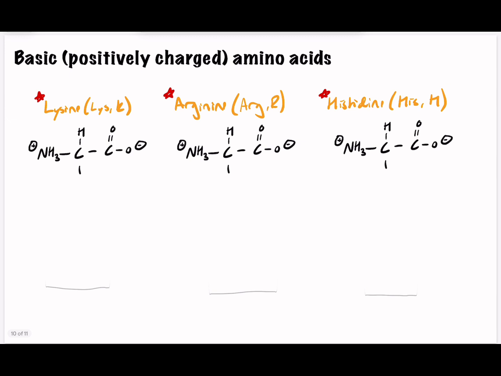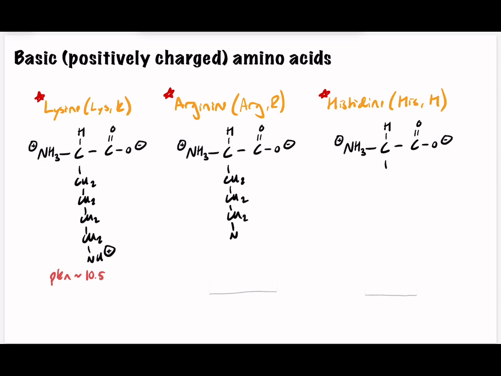Now, finally, we're moving on to the basic or the positively charged amino acids at physiological pH. So first we have lysine, which has a three-letter code LYS, the one-letter code K, and it has four CH2s connected to an NH3, which is positively charged. Again, at physiological pH, you will see an NH3 because it has a pKa around 10.5. Next, we have arginine, which is three CH2s